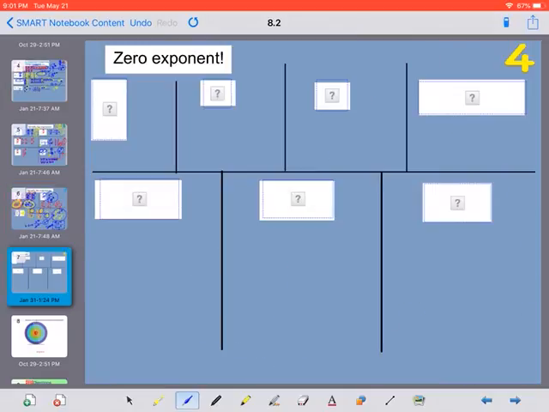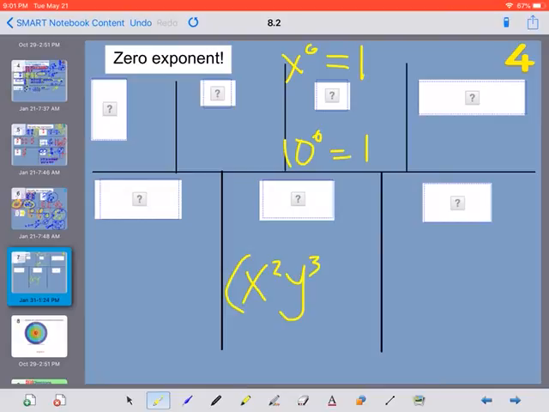Whoa! Did not realize that this didn't show up. Biggest point on this one, I don't know what all of these say, but anything to the power of 0 is going to be 1. X to the power of 0, 10 to the power of 0, anything to the power of 0. If you have x squared y to the third and a 4 out front, to the power of 0, it's going to be